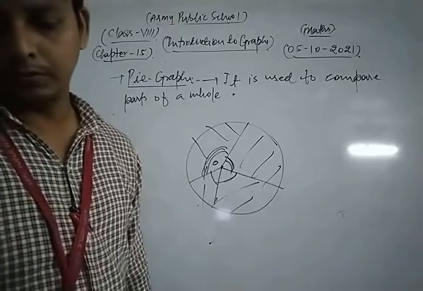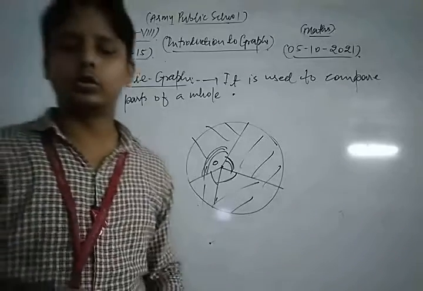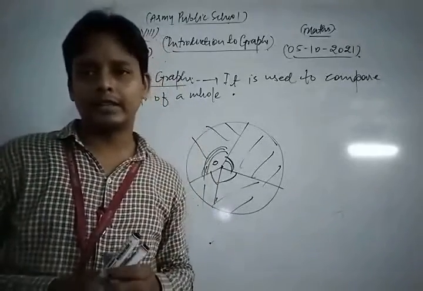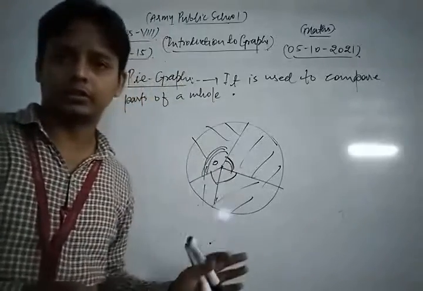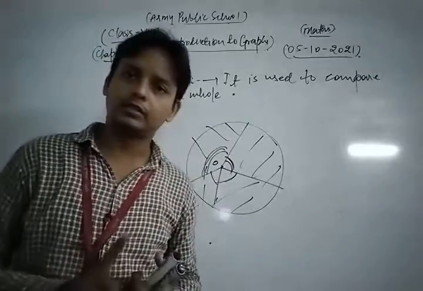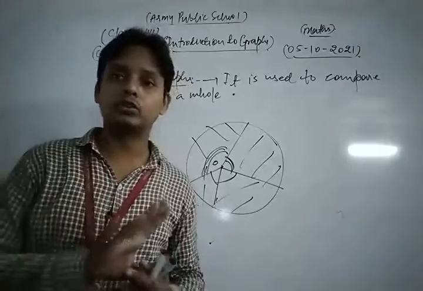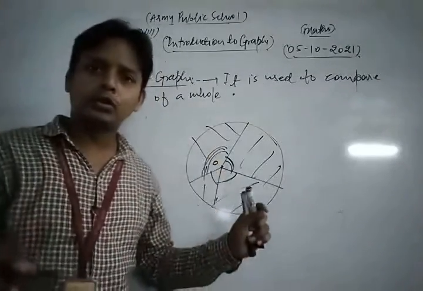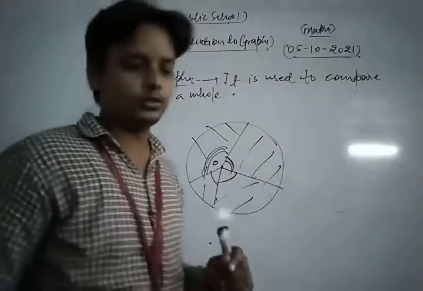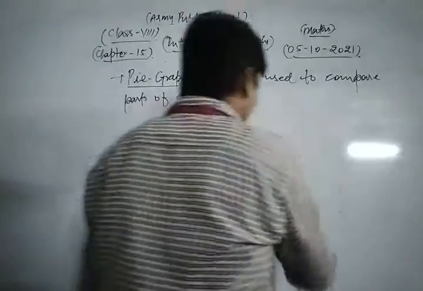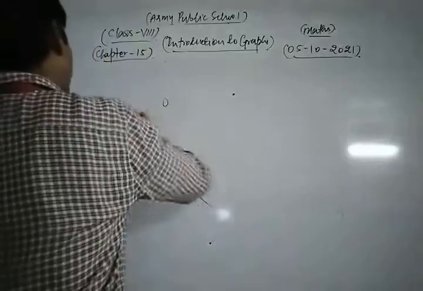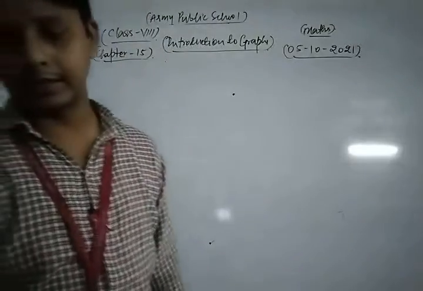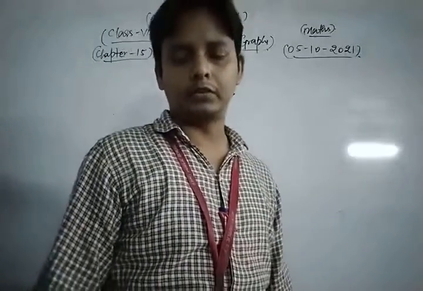Now in this way you can draw the graph of any numerical facts in visual form using these concepts. In a bar graph there are some gaps between two bars. In a histogram there are no gaps between two successive bars, and a pie chart is used to compare parts of a whole. So in this way you can construct the graph of any question given in your NCERT book. So please, dear friends, solve all the important questions of your NCERT exercise based on graphs, like bar graph, histogram and pie graph.